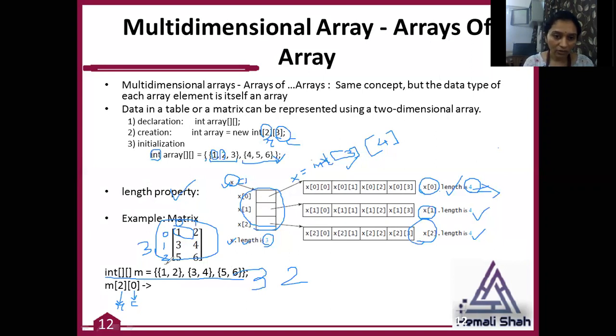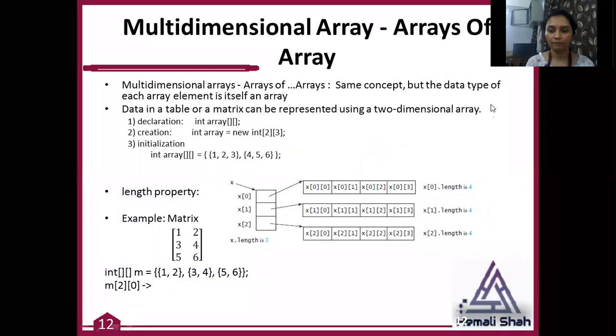So the second row's 0th element, you will get it as 5. If you print System.out.println(m[2][0]), you will get 5 for this example.